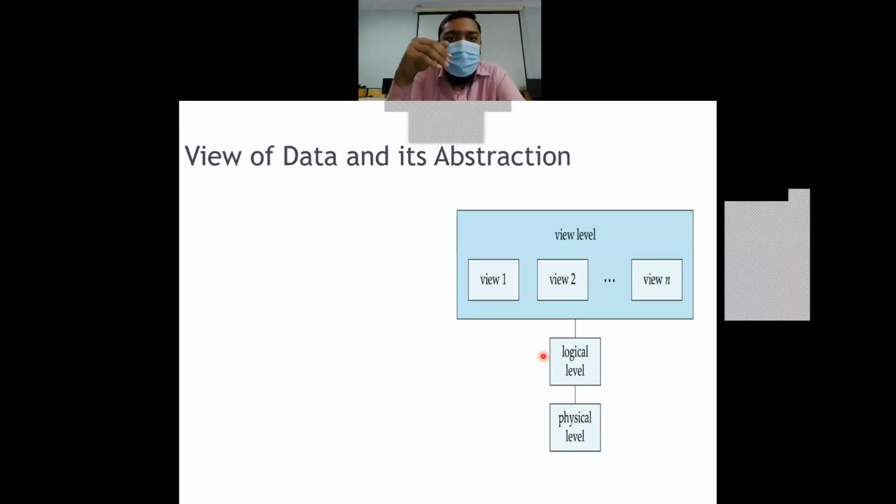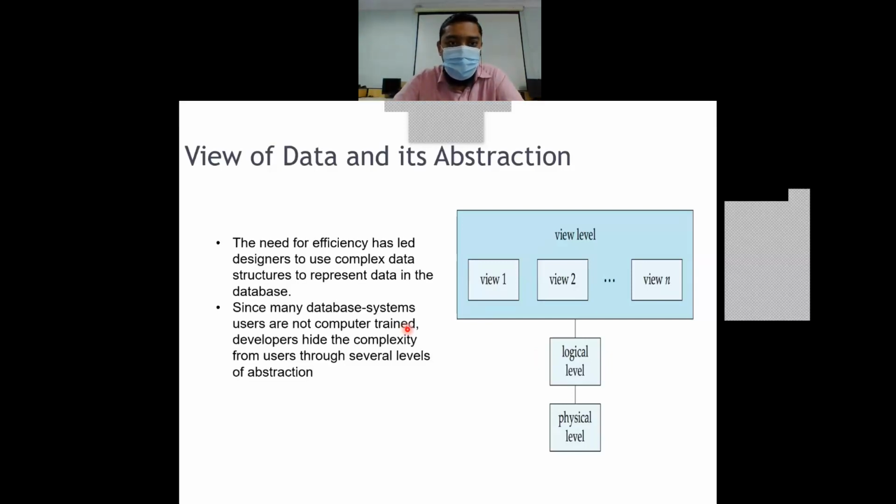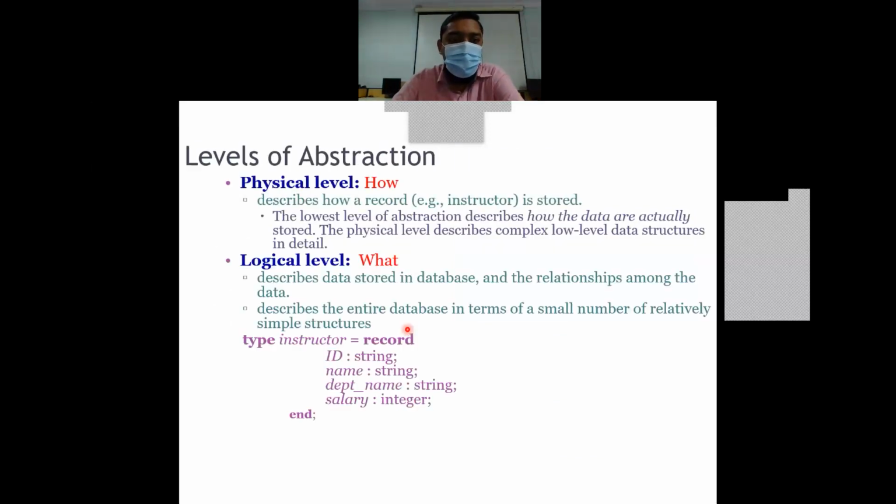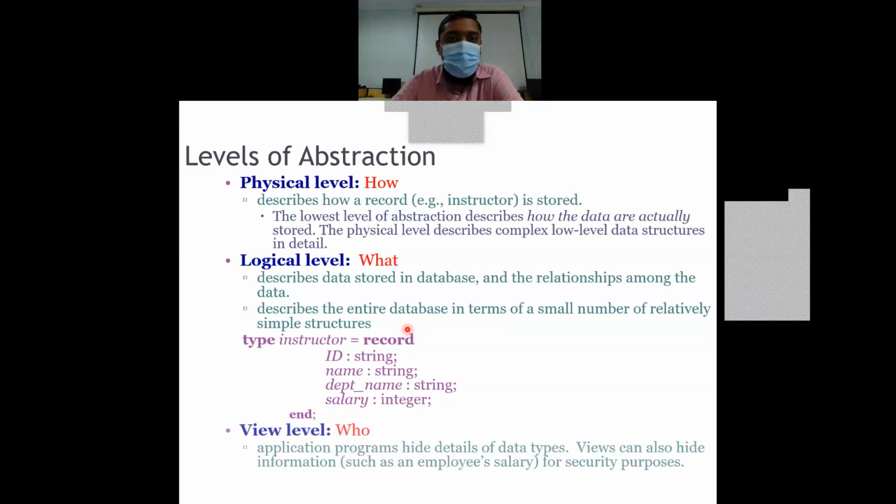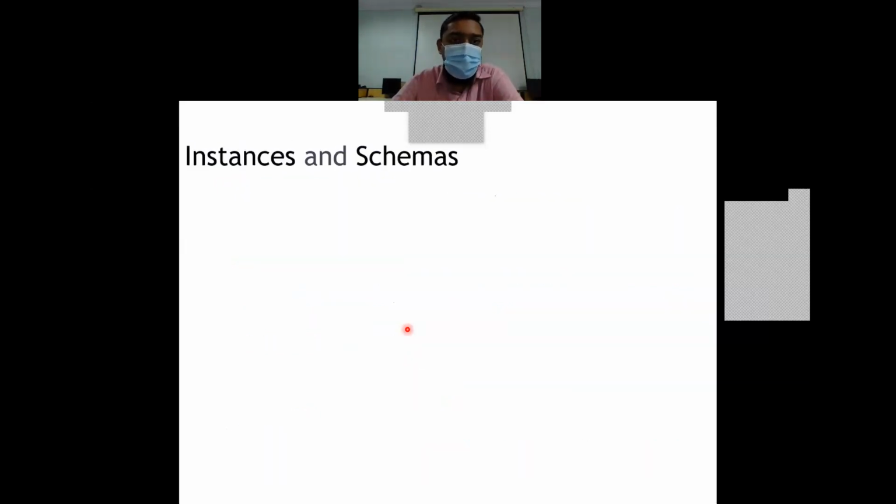View level hiding is based on who is viewing it, and it will hide the content of the data that is being displayed in the window. For a normal user, we'll give as per the user's requirement what is to be displayed. For a sophisticated user, we'll give some more detailed view. For a very well versed administrator, we'll give more details to be viewed. So these are the three levels of abstraction. Physical level: how the data is actually being saved. Logical level: what is the data that is being saved. And view level: who can view the data. Now